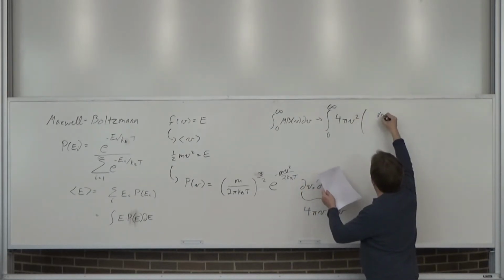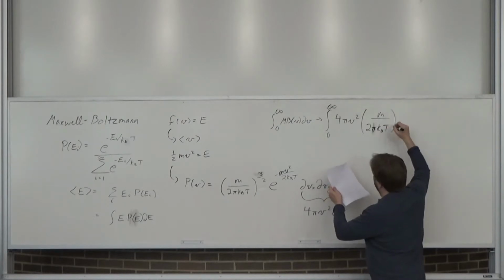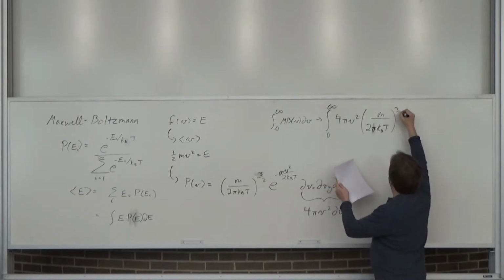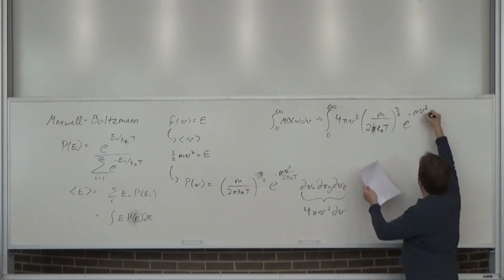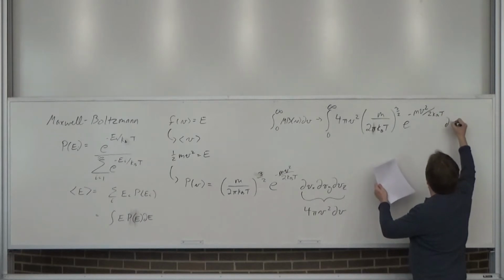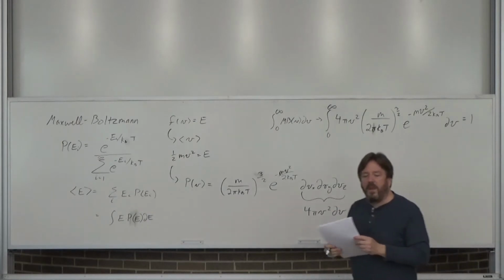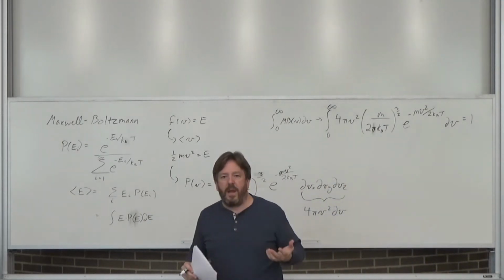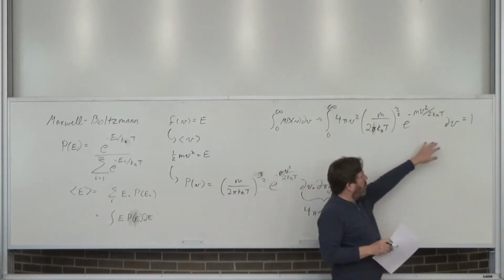Here's our normalizer again, flipped over from the 2 pi. E to the minus. Okay, so of course if I integrate it, you should know that you're going to get 1, which is the last point I want to make about probability distributions, is they have to integrate to 1